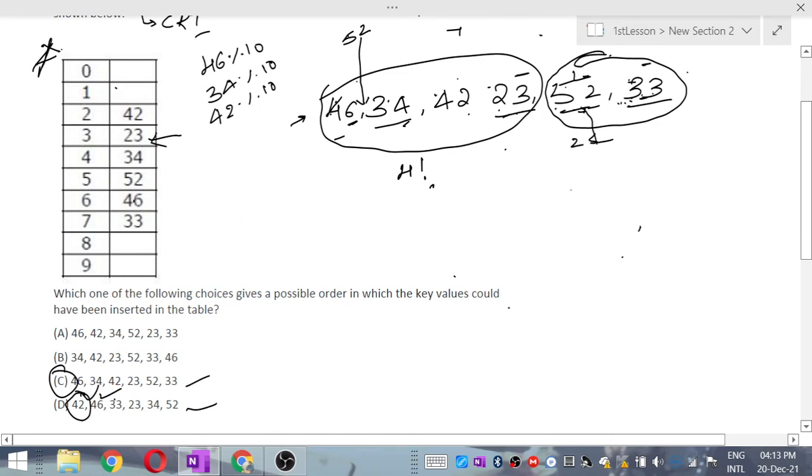It's just like combinatorics. 46 will get mapped to the sixth location, and 52 is still mapping to the second location. It is taking the position of 42. In the original table the second position is supposed to be for 42, but 52 is taking that position. No, we cannot place 52 here also.